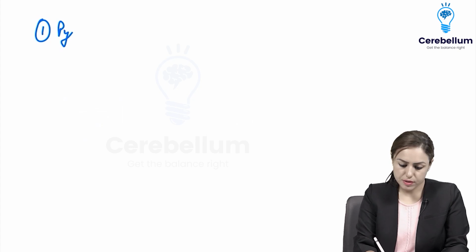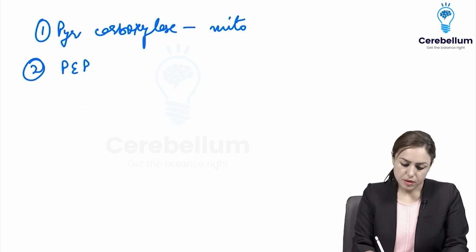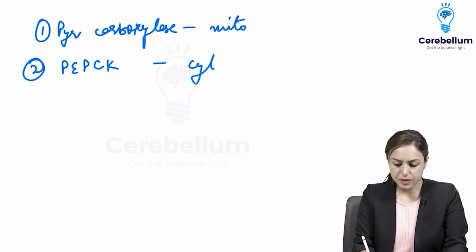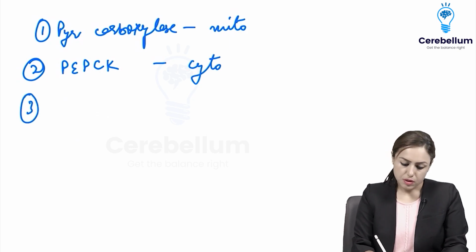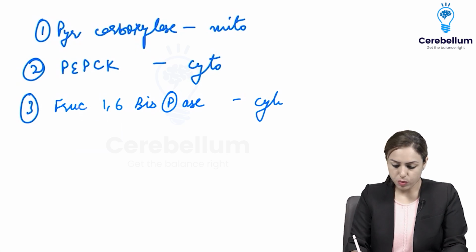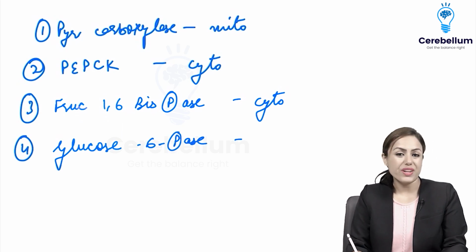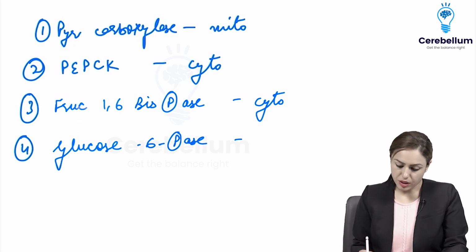The first one is pyruvate carboxylase, which is present in mitochondria. The second one is PEPCK, which is present in cytoplasm. Third is fructose 1,6-bisphosphatase, which is present in cytoplasm. Fourth is glucose 6-phosphatase. This is not present in cytoplasm, because if you keep this enzyme in cytoplasm, then in cytoplasm glycolysis has